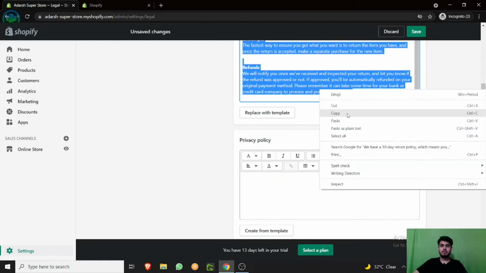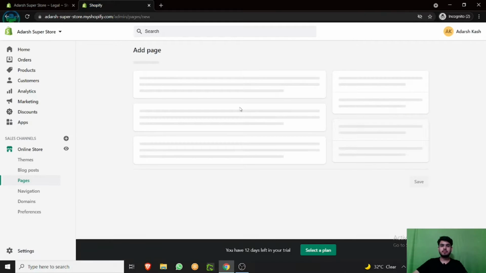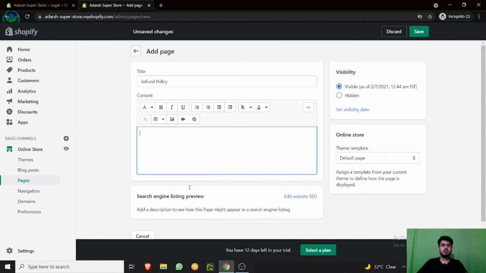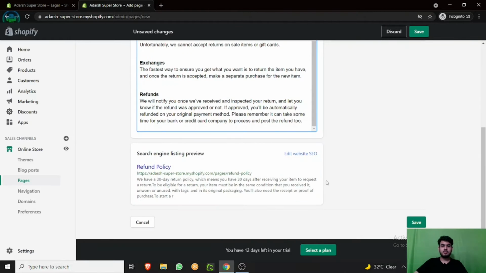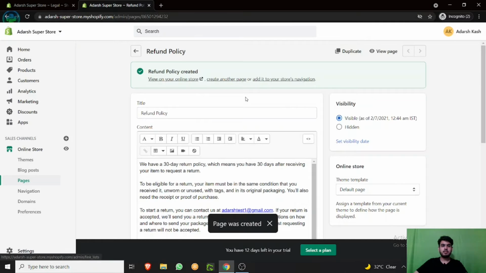Then go to pages, add a new page, and name it refund policy. Then you just have to paste it over here, and here you go. See, in search engine listing, the page will show like this: refund policy, the domain name of your store, and then your refund policy. Then just hit the save button, and just like that, you have created your refund policy page.